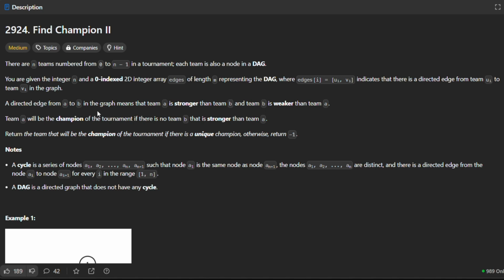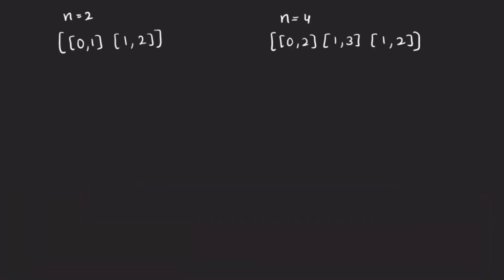A directed edge from A to B in the graph means that team A is stronger than team B, and team B is weaker than team A. Team A will be the champion of the tournament if there is no team B that is stronger than team A. Return the team that will be the champion of the tournament if there is a unique champion, otherwise return -1. So what they are saying is that in the input we are given an integer n and